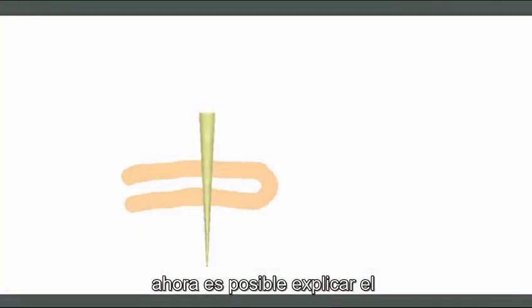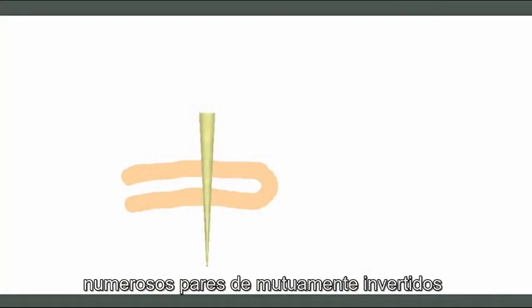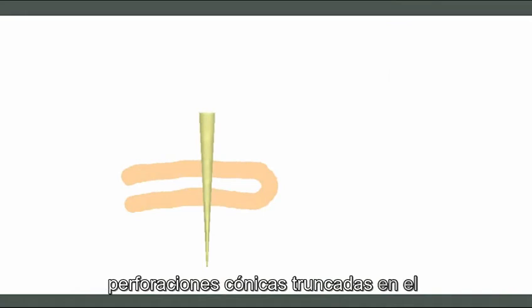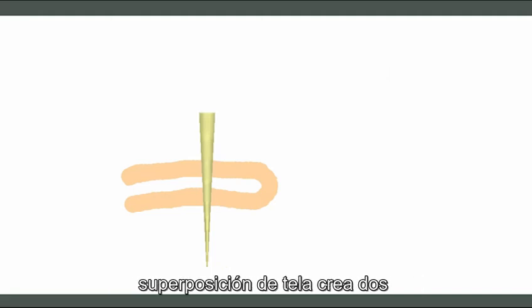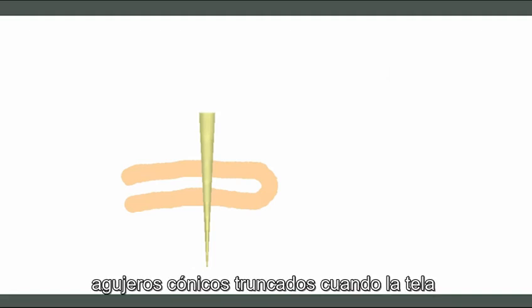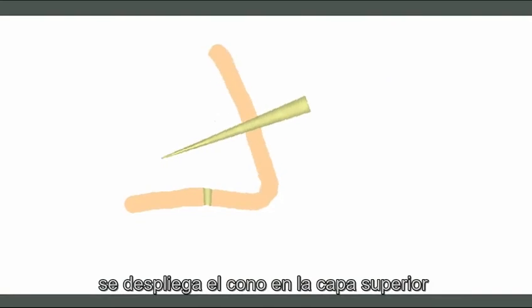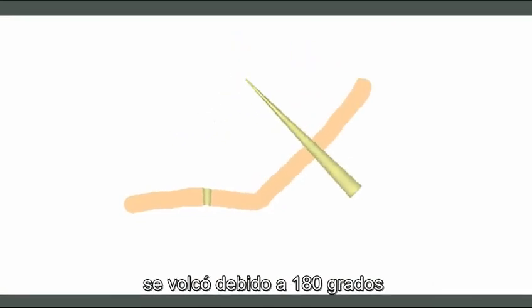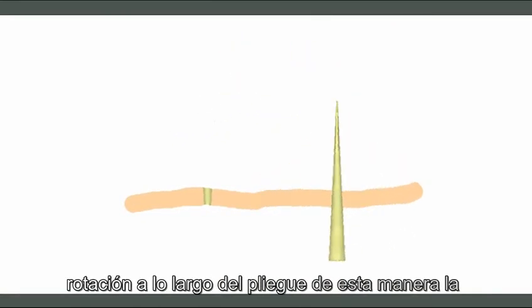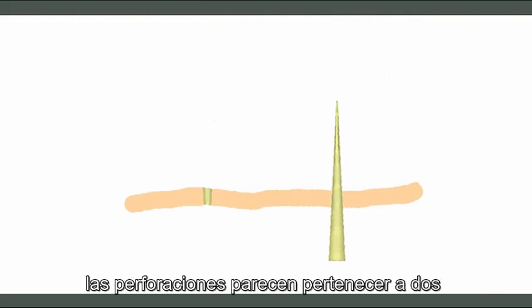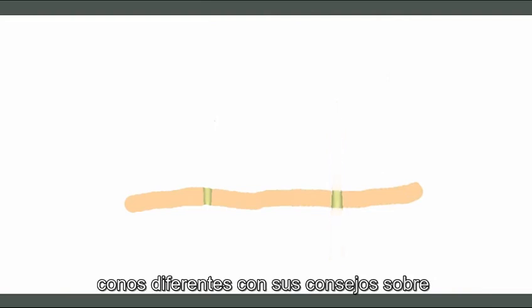It is now possible to explain the numerous pairs of mutually inverted, truncated conical perforations on the Sudarium. They were made by the fibula. When a pin pierces 2 layers of overlapping fabric, it creates 2 truncated conical holes. When the fabric is unfolded, the cone on the upper layer is overturned due to 180 degrees rotation along the fold. In this way, the perforations appear to belong to 2 different cones, with their tips on opposite sides of